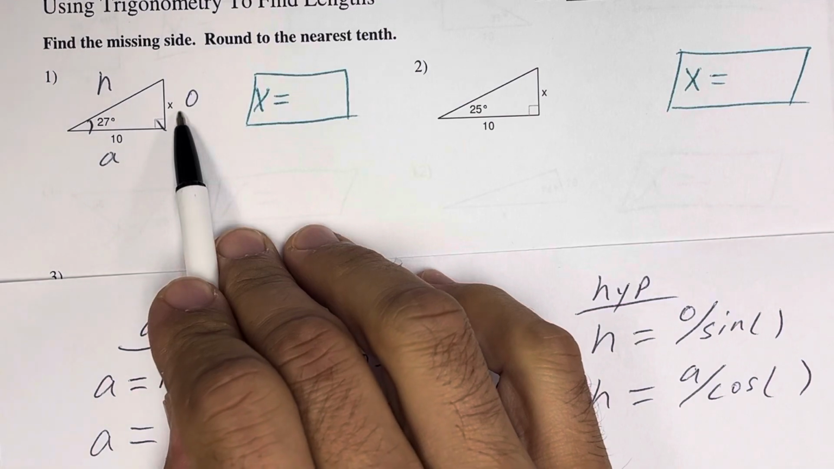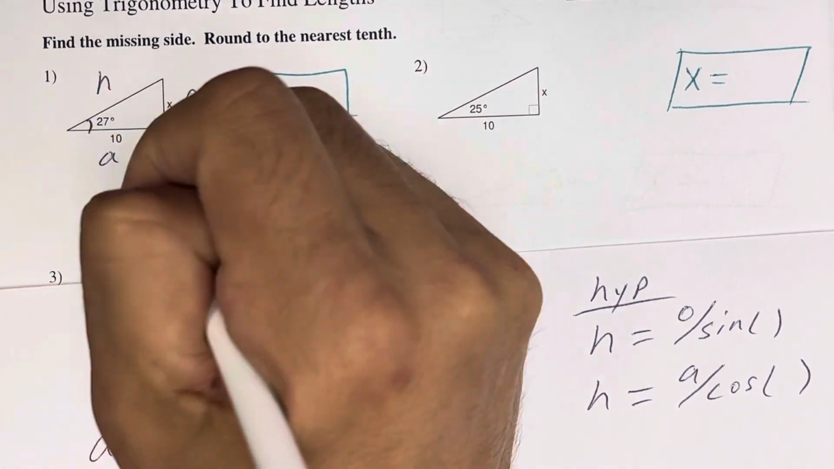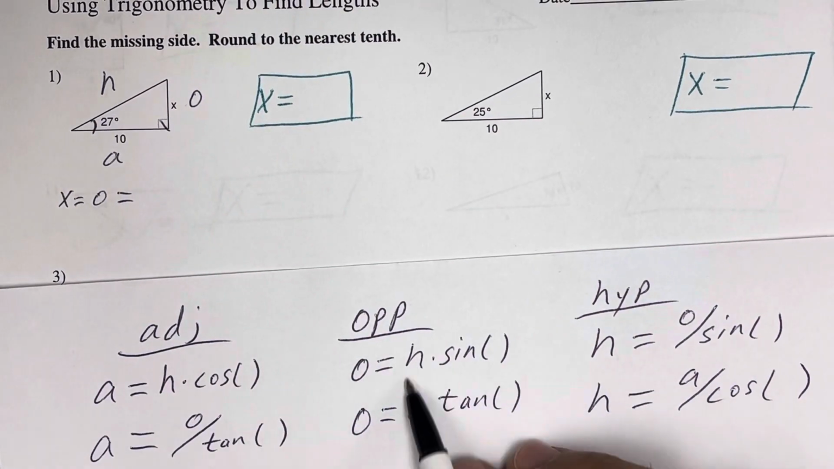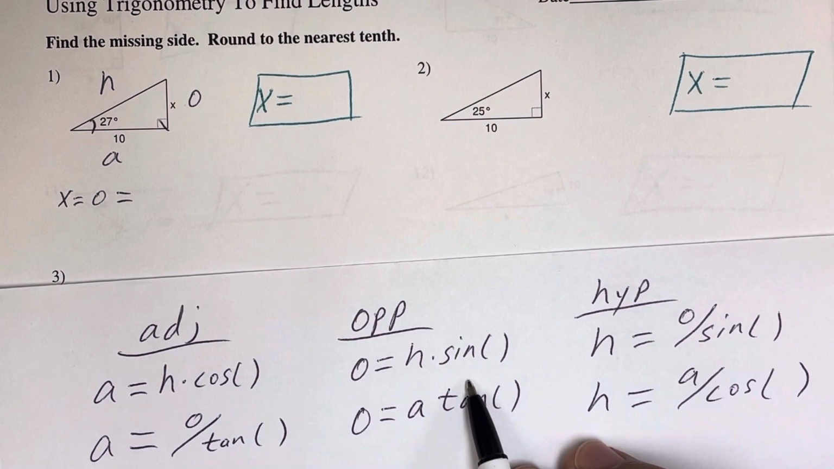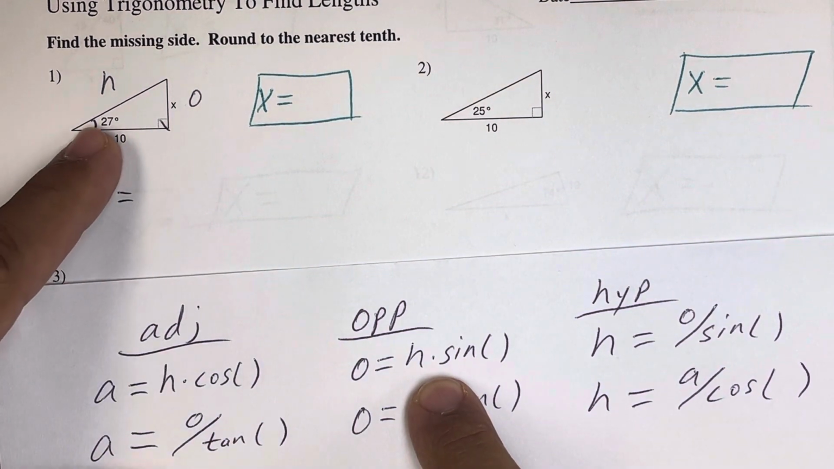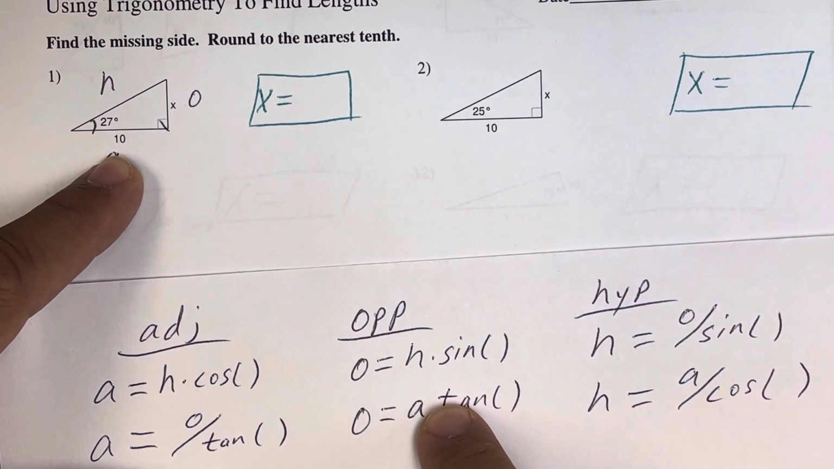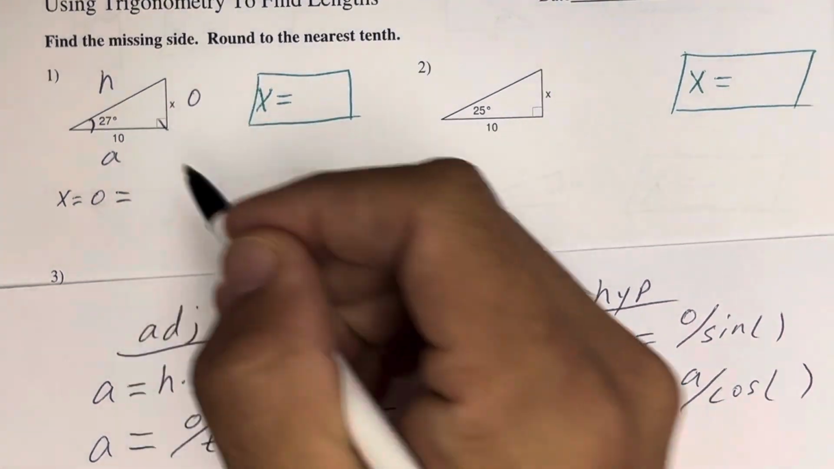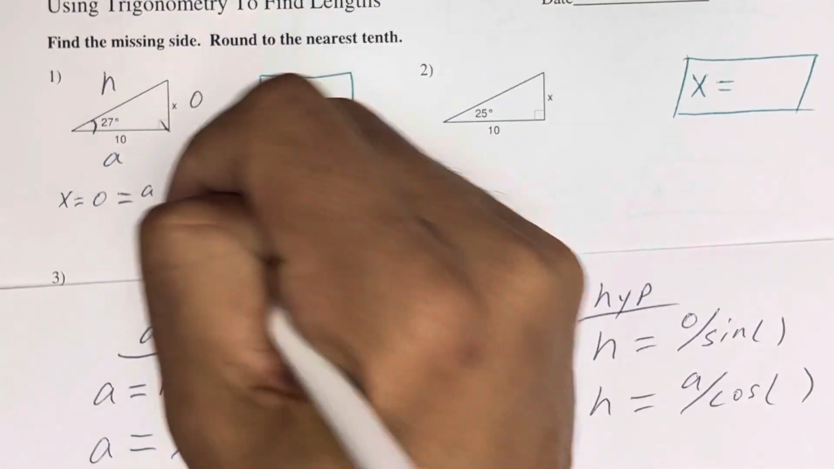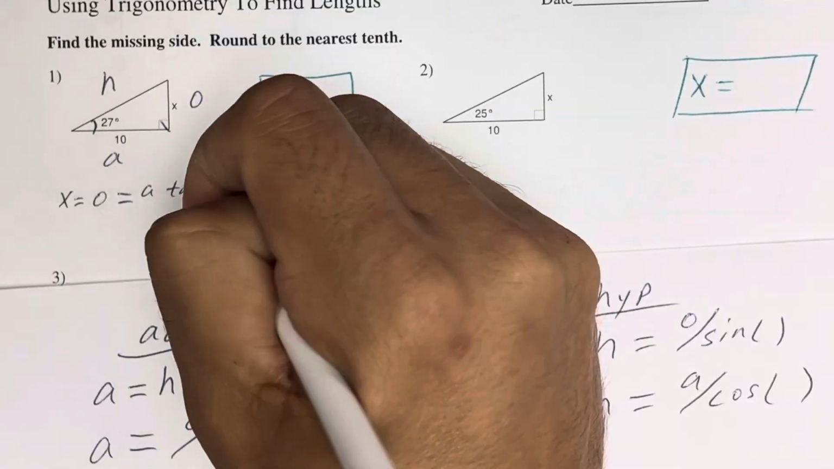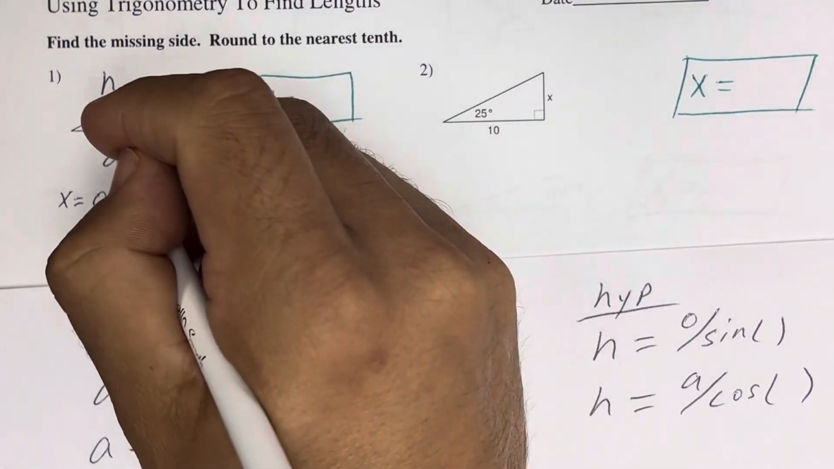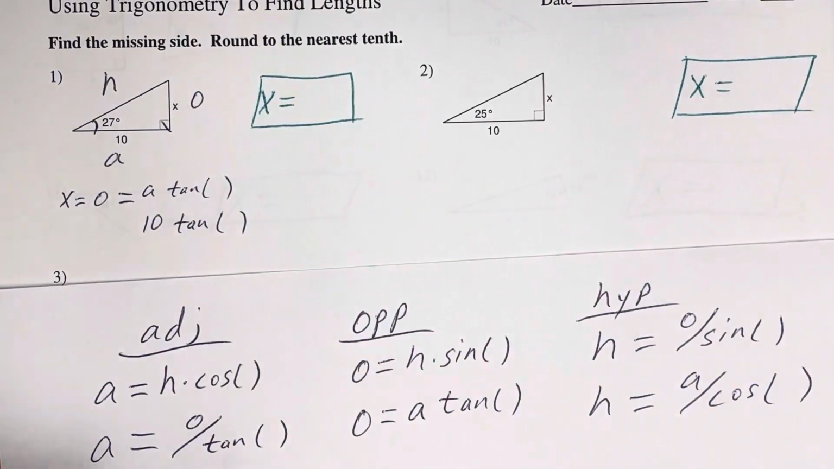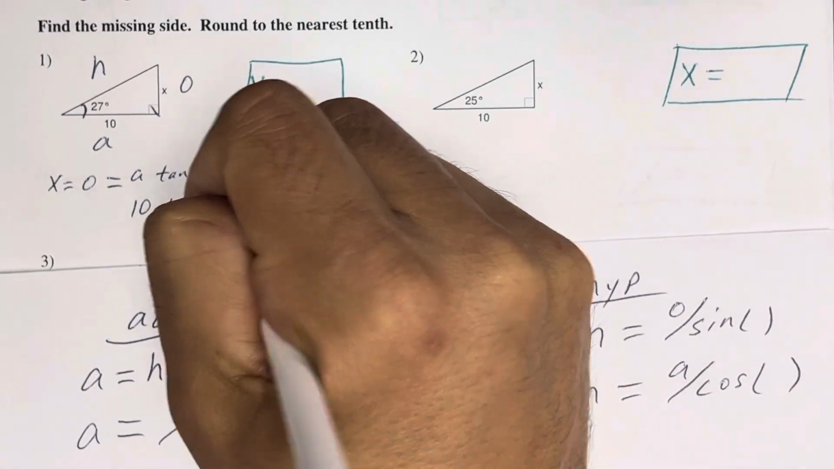So what am I looking for? I'm looking for opposite. X is the same as opposite, and we know that opposite equals these two equations. Which one should I use? Do I have the hypotenuse? No. Do I have the adjacent side? Yes, I do. So I would use this equation. I'm going to use A times the tangent of the angle, which means A is 10, and I'm going to do tangent of whatever this angle is, which is 27, and I just put that in